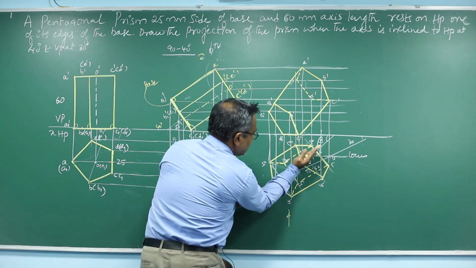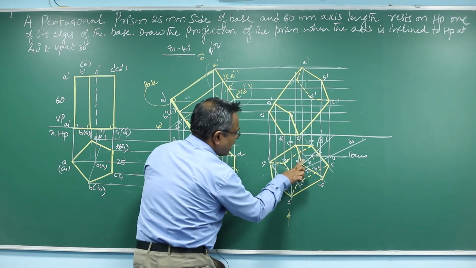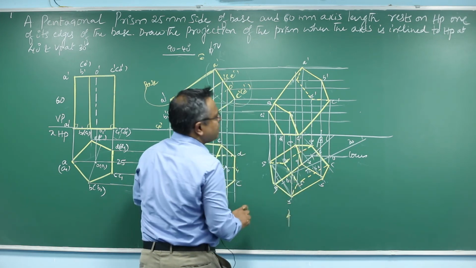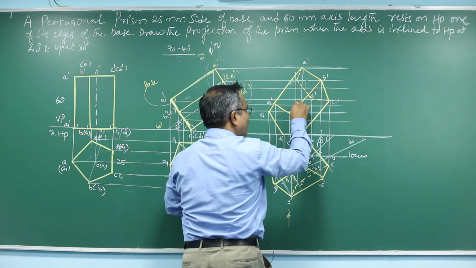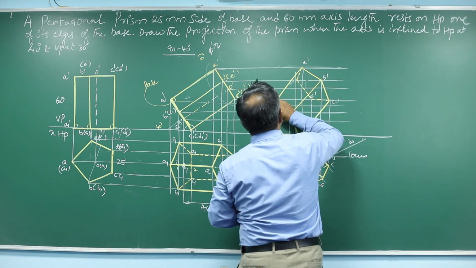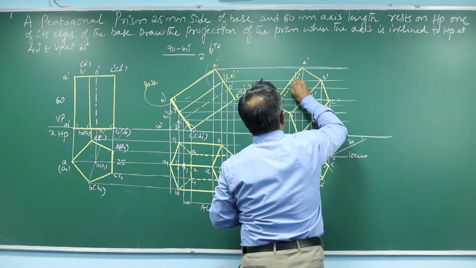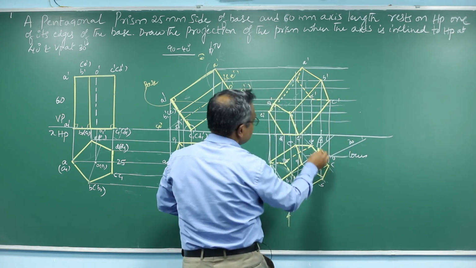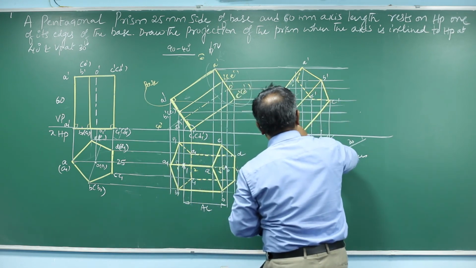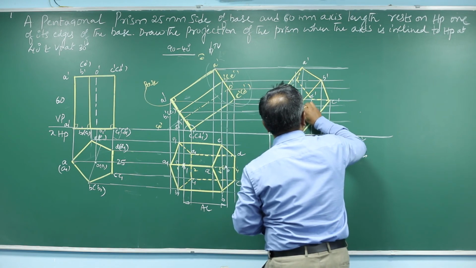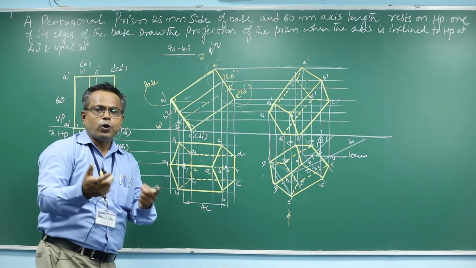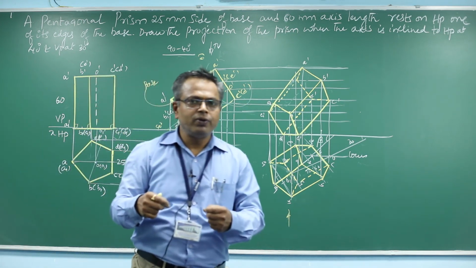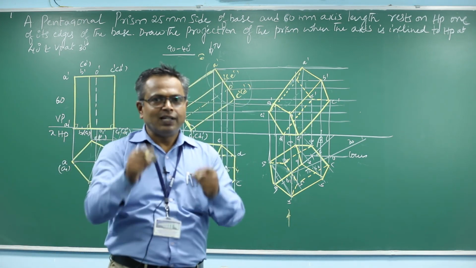And here is the axis line, here the observer. Between the axis line and the observer, BB is visible. See, BB is visible, make it dark. But EE is not visible, EE is not visible, that you have to show as a dotted line. Similarly, this DD is also not visible, that you have to make a dotted line. I think this is how we should draw the top view and front view of a pentagonal prism in which the